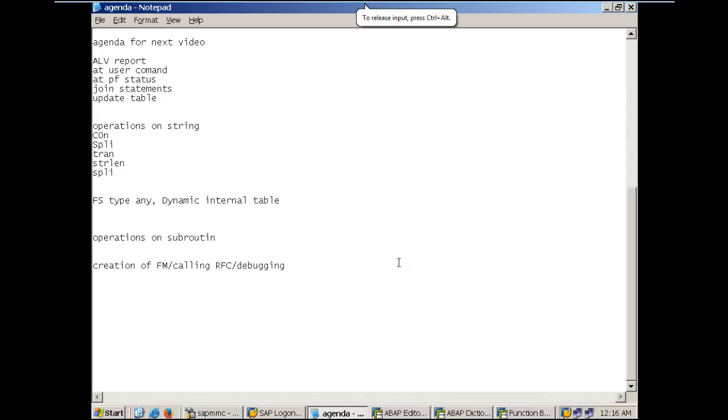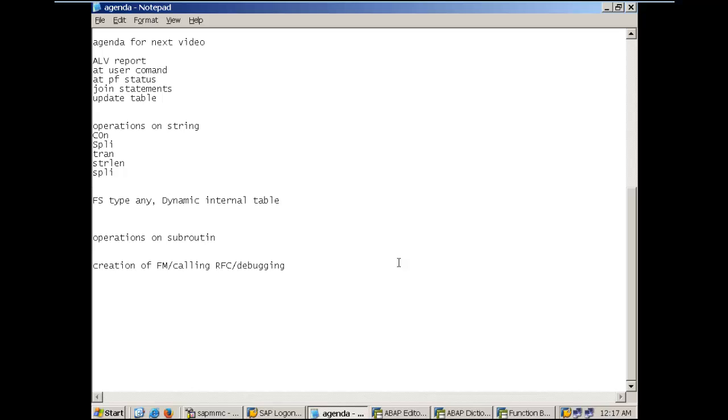Hi everyone. So in this tutorial we are going to discuss ALV report. We will also create an ALV report and then we will try to see the functionalities which come as part and parcel of the ALV format. And to give you a bit of an idea on this, basically ALV stands for ABAP List Viewer or maybe Advanced List Viewer,